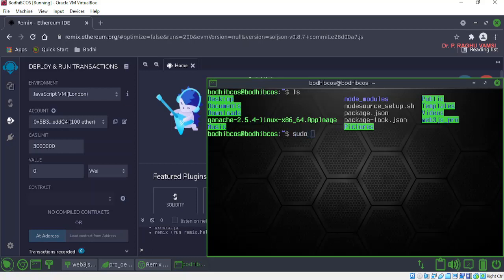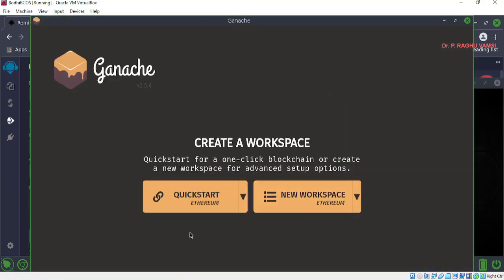Before going to this, run sudo chmod 777 *, which means you are giving read, write and execute permissions to all the files in the folder. Or you may also give the specific permission to the Ganache client itself. Then you can run ./ganache-2.5.4-linux and run it. This is the graphical user interface based Ganache client.